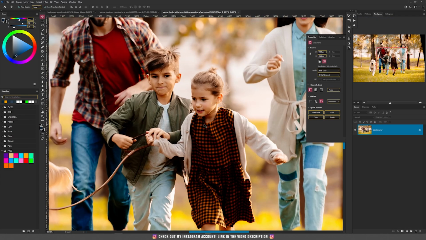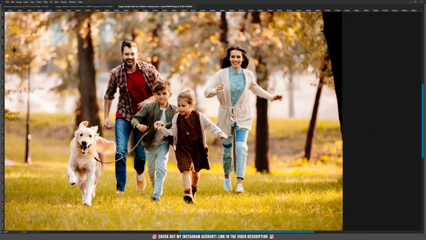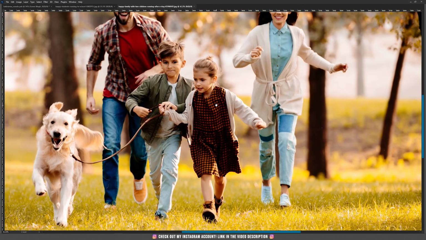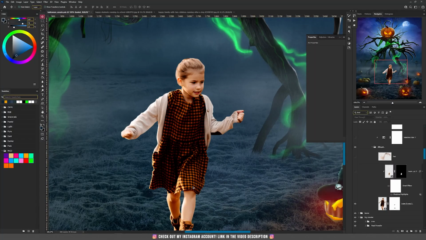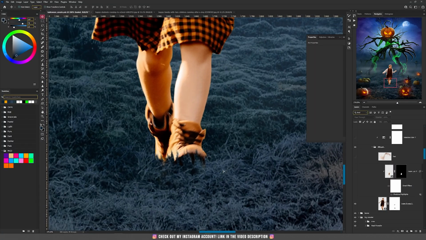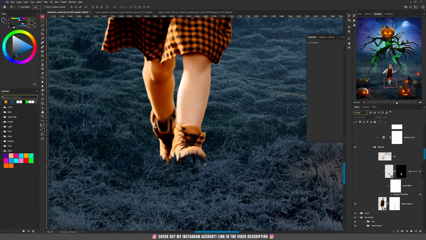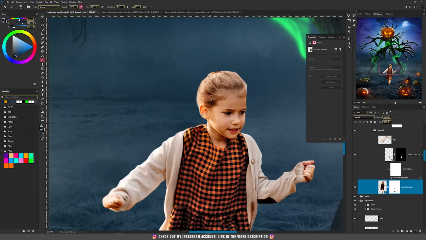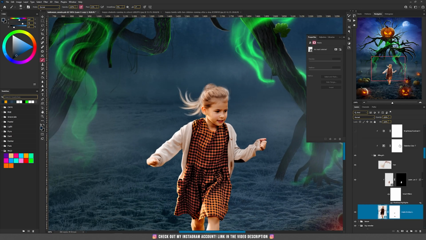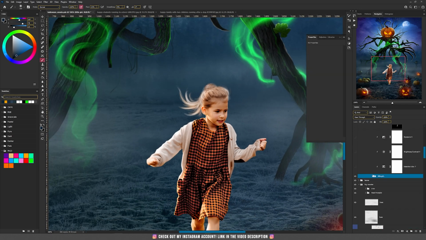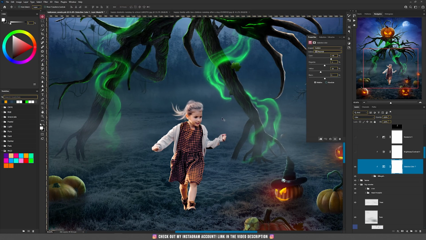So I have this photo with this happy family running with a dog, and I have selected only the little girl from this picture. Then on the grass part I have added a mask, and with the grass brush I have masked that part and blended with the background. Then I have manually painted the hair, something like that, and I have placed everything into one group, and to this group I have added this selective color where I have changed the neutrals to match her colors better with